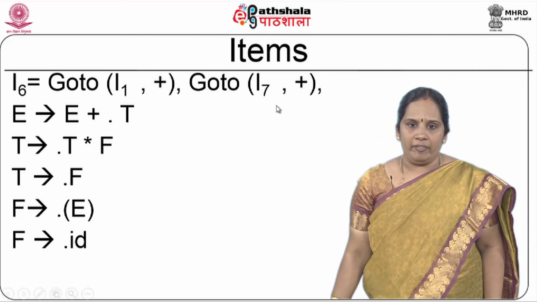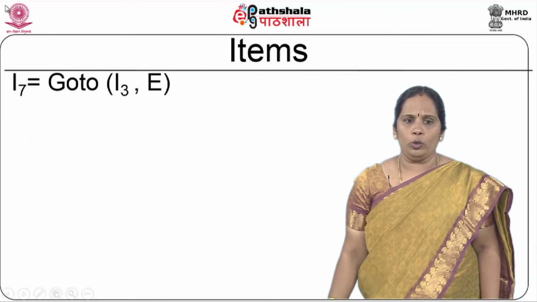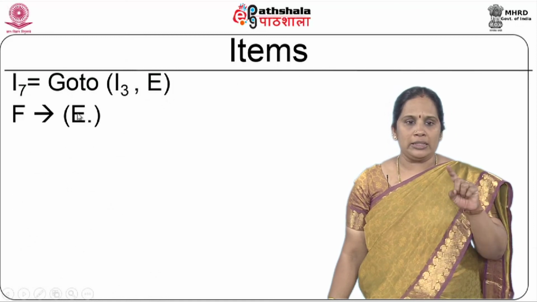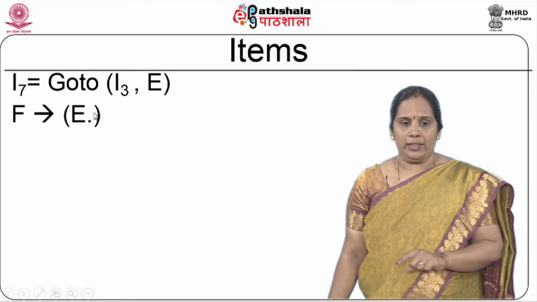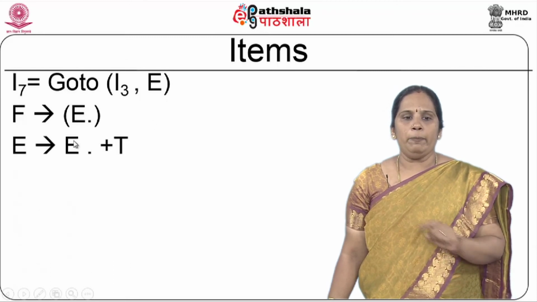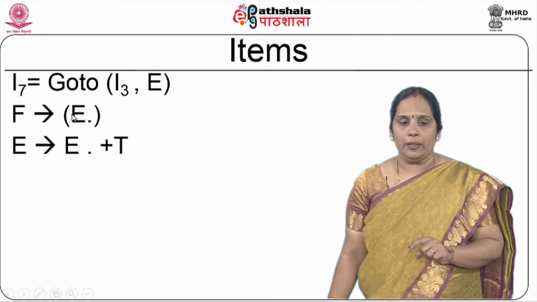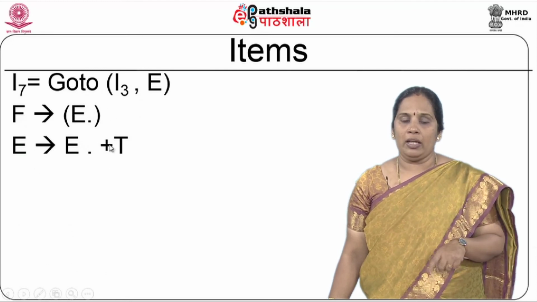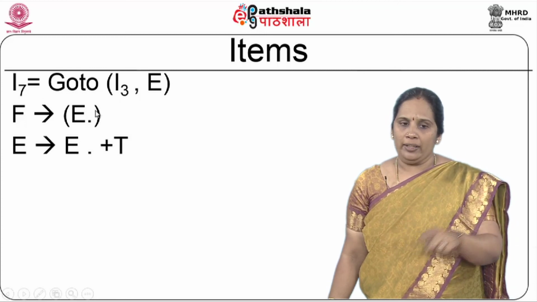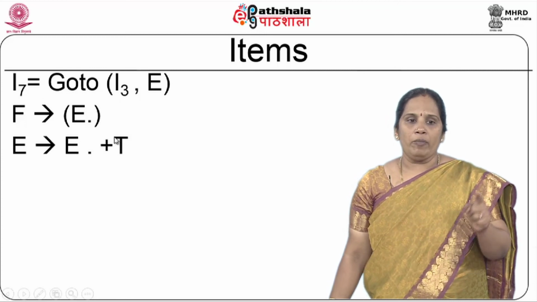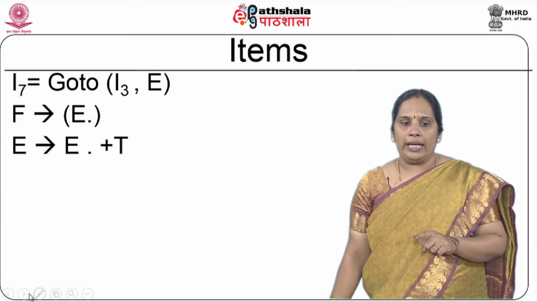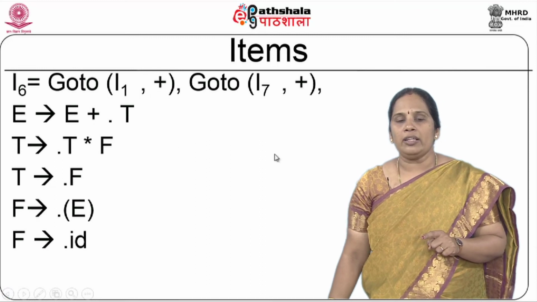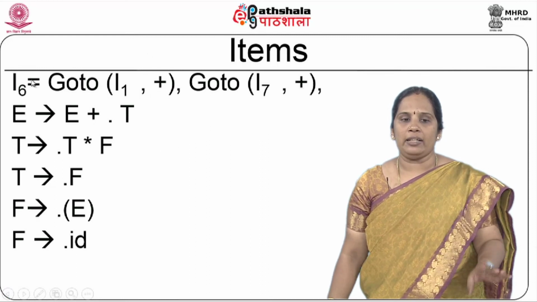Now, you look at I7, I7 is actually goto of I3 comma E. So, I3 comma E means I had two productions, one is open parenthesis dot E close parenthesis, the other one is dot E plus T. So, two have to be considered. I shift the dot by one position and that is the resultant I7. Now, I7 comma close parenthesis has to be done, that is what we have done in the later section. I7 comma plus, how will that look? That will be again similar to the previous one, which is I6. So, I7 comma plus and I1 comma plus will be exactly the same set.